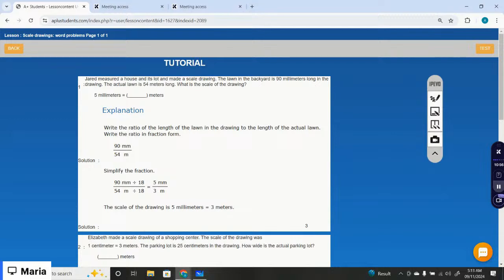You have to find the scale of the drawing, so you have to simplify the fraction, right? Divide them by the common factor 18, so that is 5 millimeters to 3 meters. That means actually the drawing is 3 meters, right? The scale of the drawing is 5 millimeters equals 3 meters, right? Okay, let's just start with the test